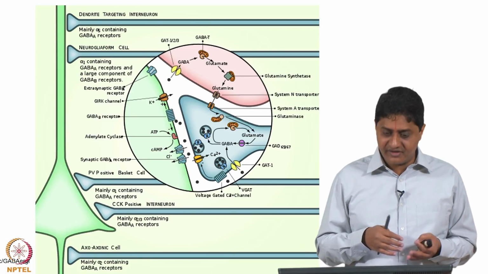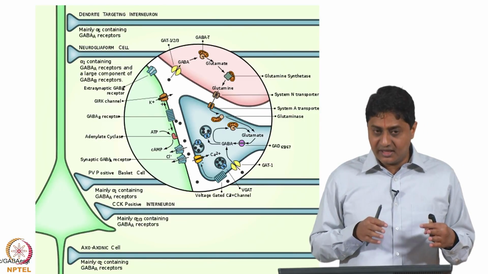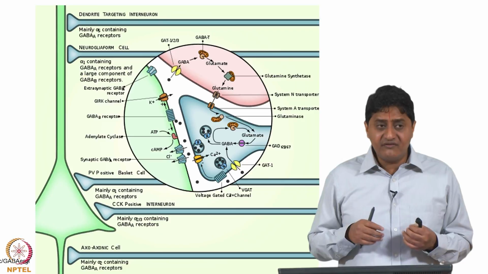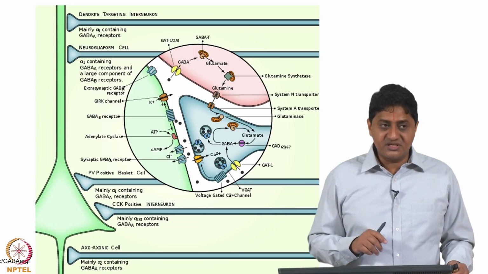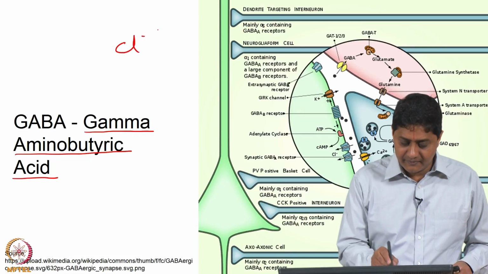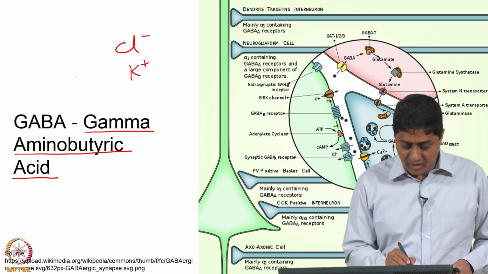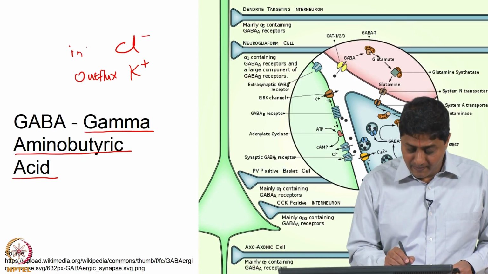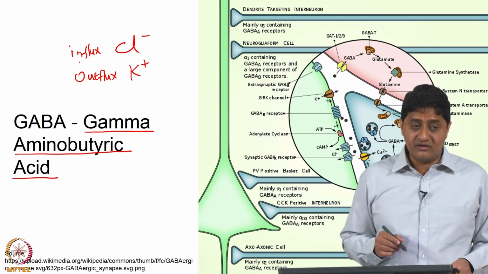Previously we talked about acetylcholine. When acetylcholine binds to the nicotinic cholinergic receptors, the ligand gated channels, it causes an influx of sodium. Here we have a chemical which when it binds to the receptors, causes an influx of chloride, or depending on specific cases it could cause an outflux of potassium. Both have similar functions, if you analyze, is it not?